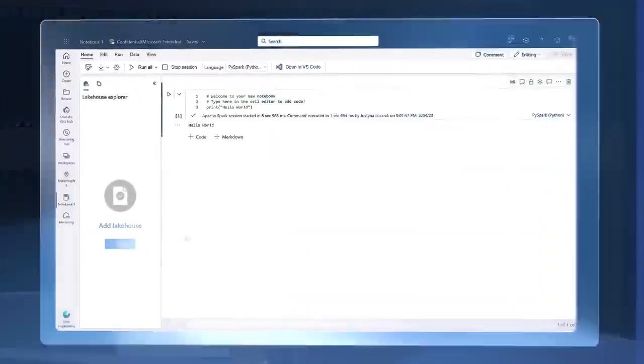Now, earlier you showed us this kind of shared workspace concept where all the different data disciplines can work together to collaborate. So can we take a closer look at that shared workspace? Sure. And again, because all of the data is in the open Delta format, it's recognized by all the engines in Microsoft Fabric. Now I have my tables ready. Let me show you how different data professionals can collaborate on the same copy of data.